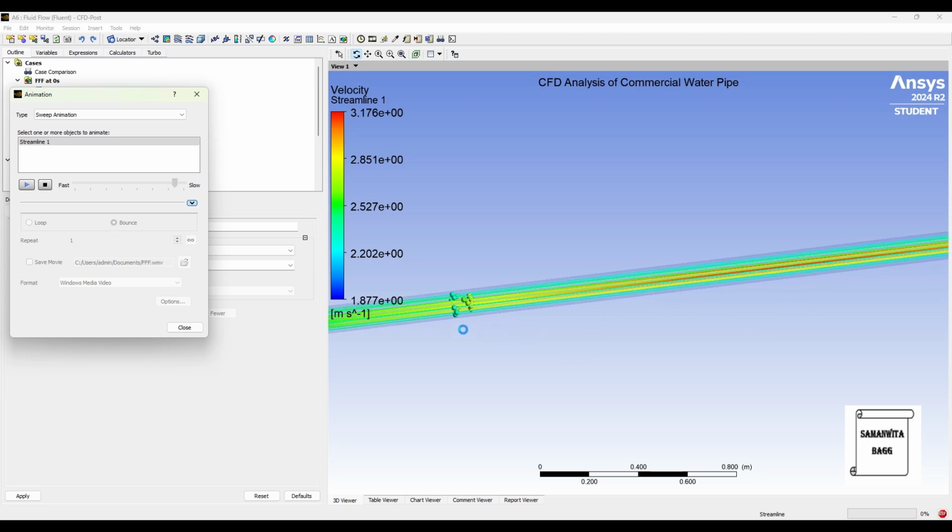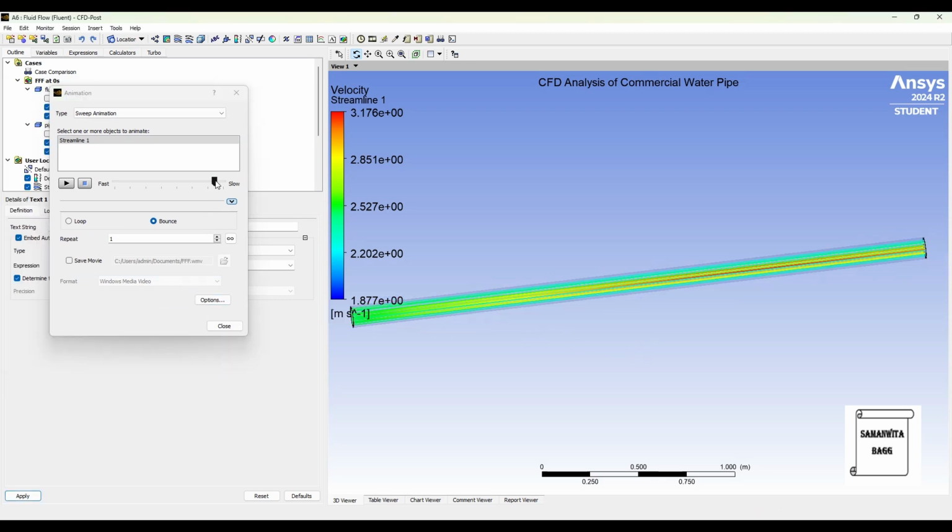You can see that at the center the speed has become faster as compared to the sides, that is on the wall. The reason is the wall is providing shear stress. At the center the velocity is maximum, hence it is going faster. If you want you can also change the speed to fast and you can play. So you can see how fast the fluid is flowing and now you can see the molecules. They are moving fast at the center but towards the wall it is going very slow.